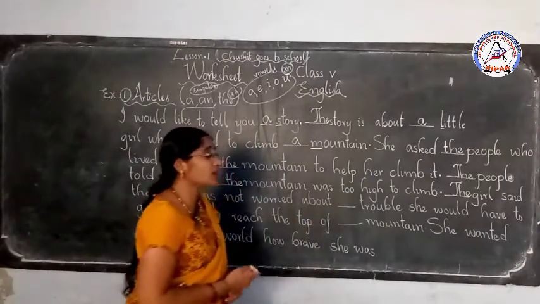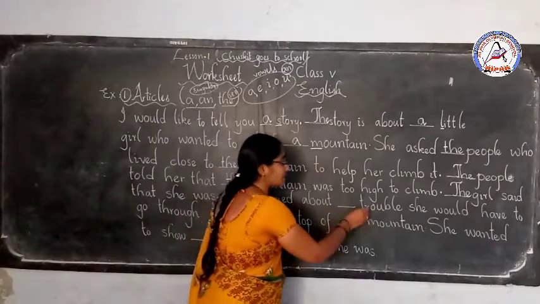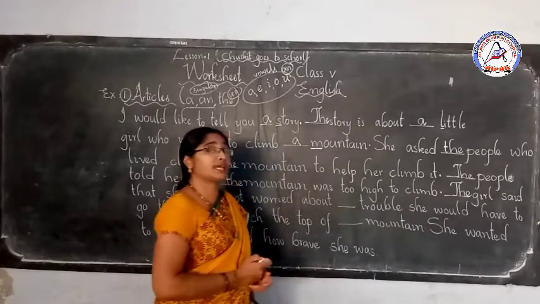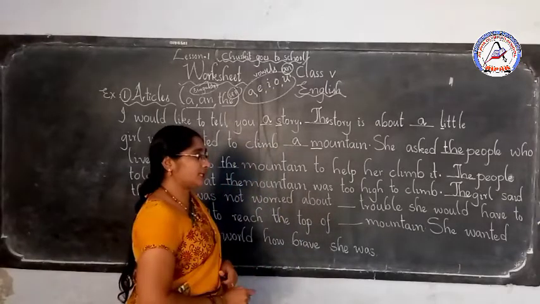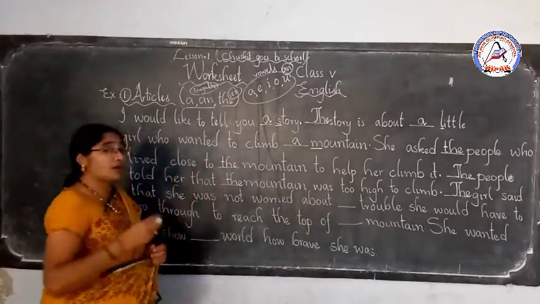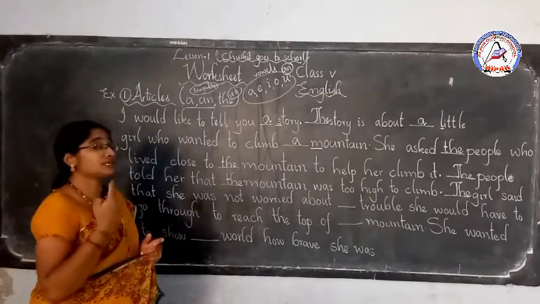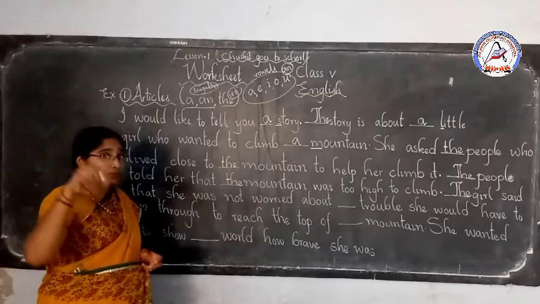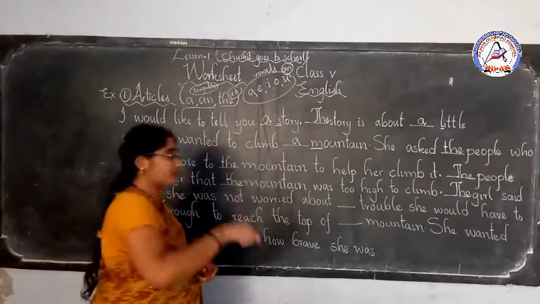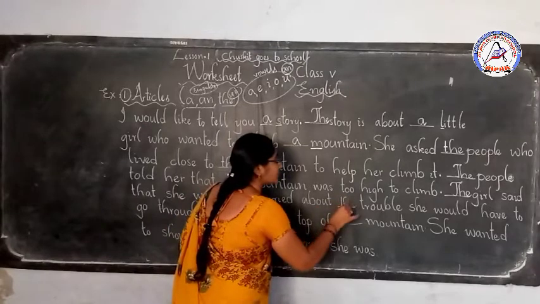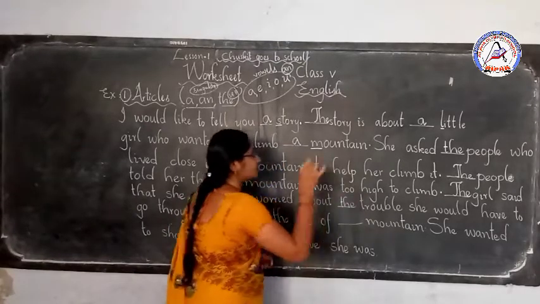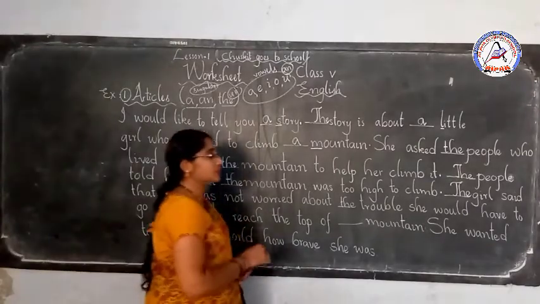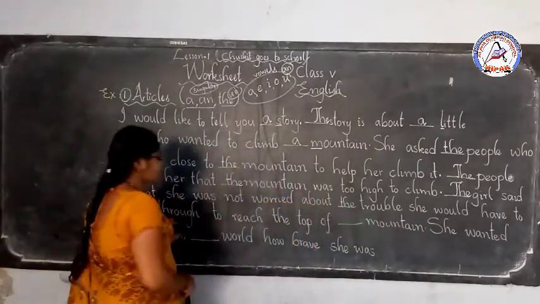What if we write A trouble or that trouble? See, trouble is started with T, consonant, and also it is singular. Will you use A? No, we should not use here A. Already she knew, that means already known thing, that if she wants to climb a mountain, she had to face a risk. So already known thing, that trouble is known to her. That's why you can use here the article before known things. So the girl said that she was not worried about the trouble she would have to go through to reach the